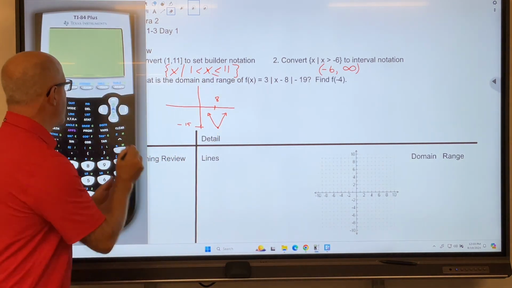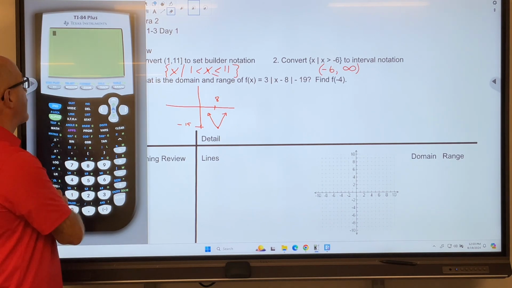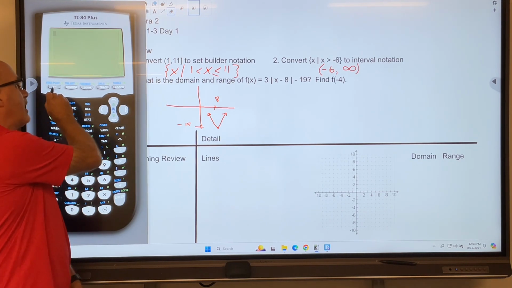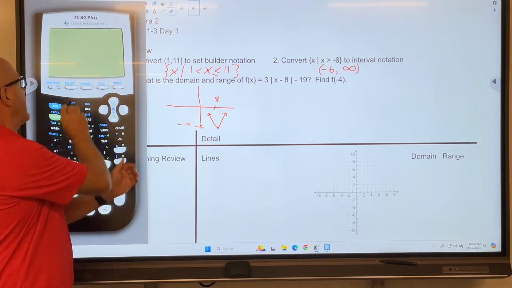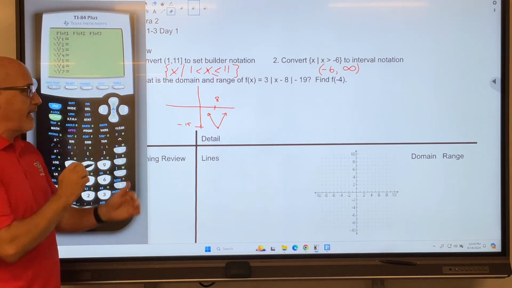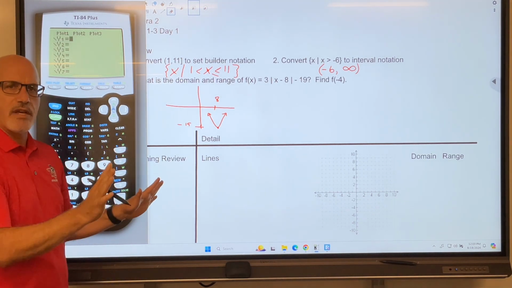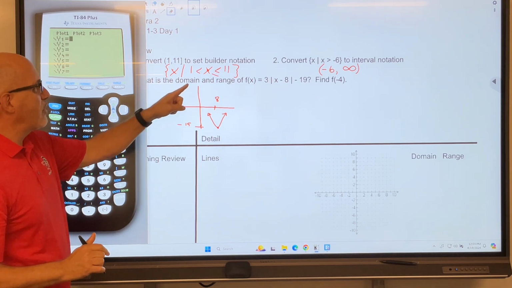So now we're going to enter it in. If you turn on your graphing calculator, go to the Y equals key here in the top corner. Remember, if you have something in the Y equals, you go ahead and hit clear to erase whatever's there. Now I'm going to enter in this